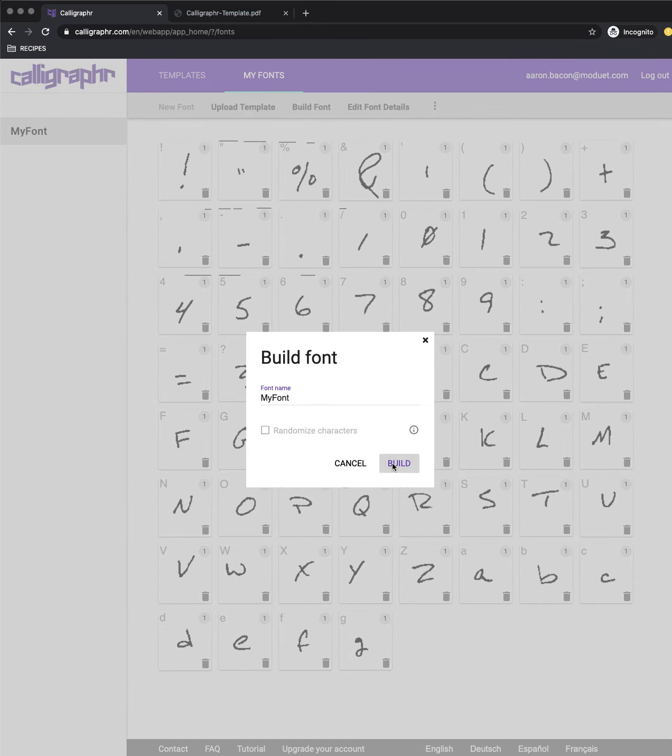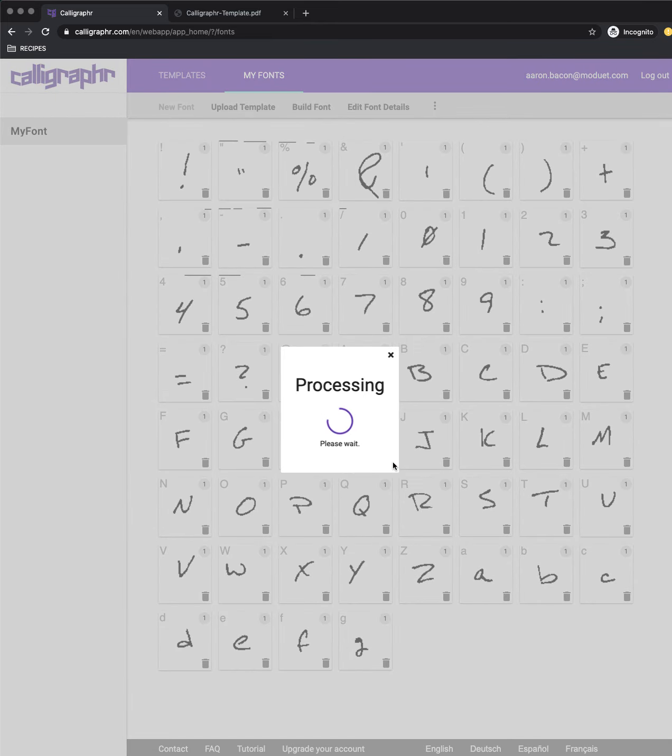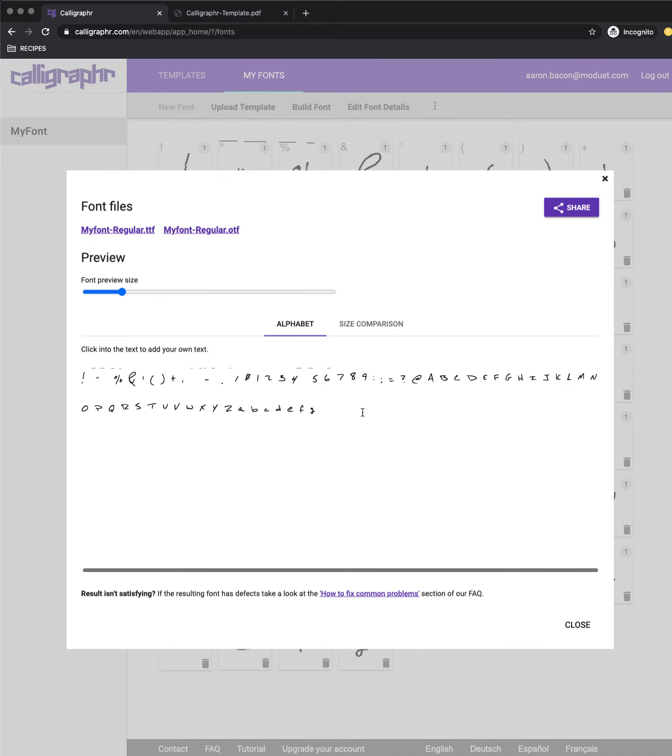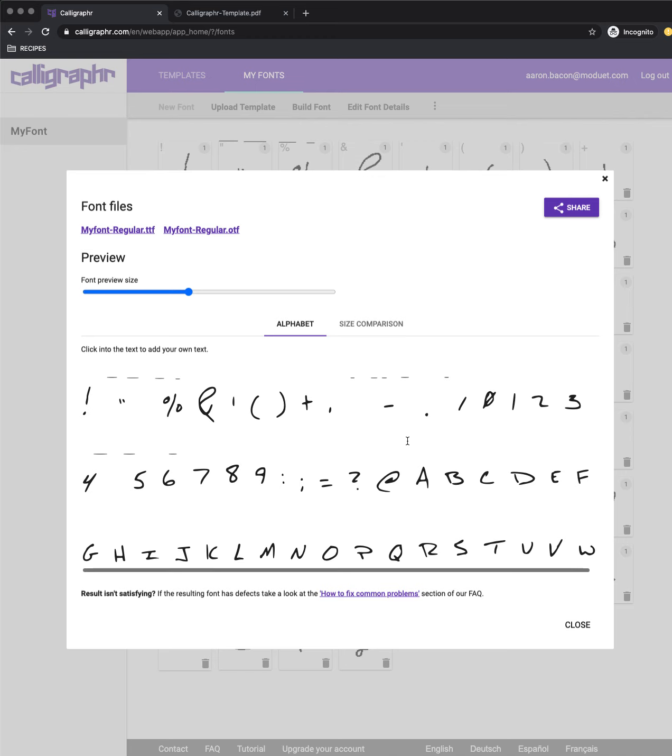You can name your font, and then what it'll do is it's going to rasterize it for you. And then you actually have a decent looking handwritten font, which once it gets rasterized, it actually looks pretty decent. And then here are your two font files. You have to download these because it will not save these for you. So once you create that,